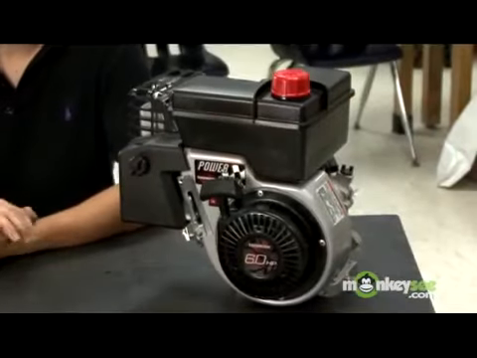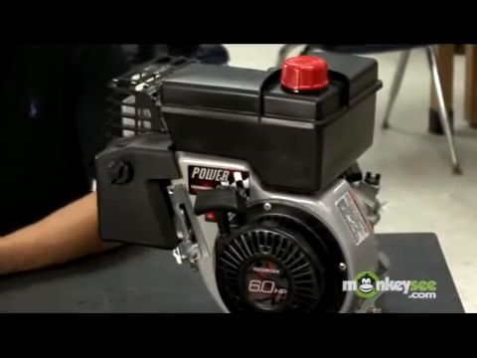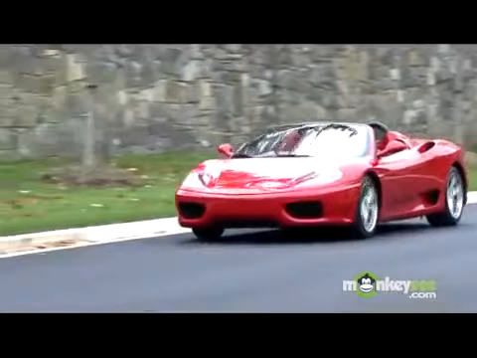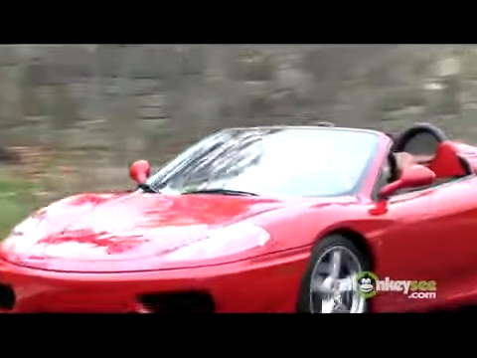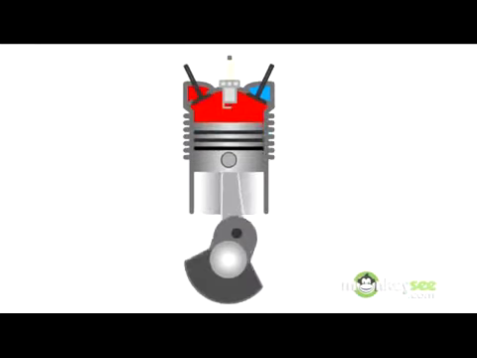In this clip, I'm going to give an overview of the entire mechanical system that makes up an internal combustion engine. For today's engine, I'm going to be using a 6 horsepower Tecumseh go-kart engine. The reason I've chosen this engine is because the mechanical components that make it up are similar to what are found in most automobiles. To begin illustrating the mechanical components in the internal combustion engine, we're going to start with